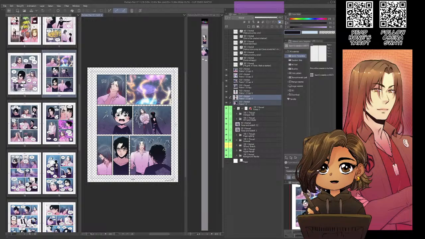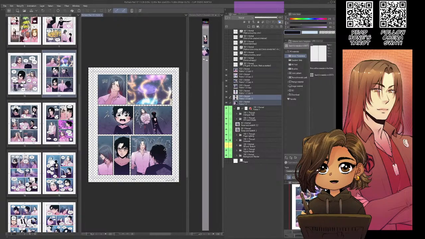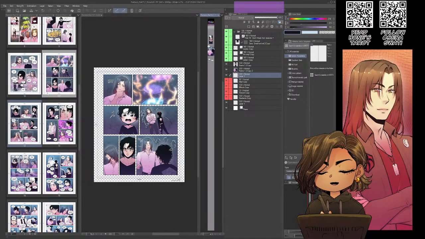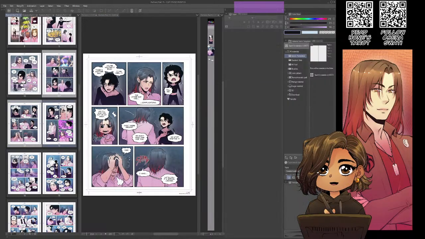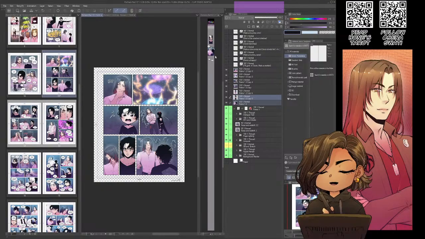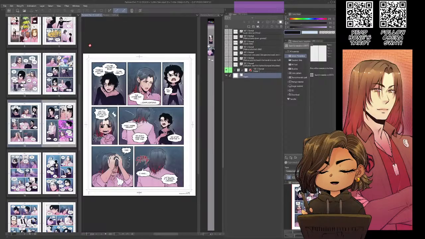I don't want this setup to get changed. Sometimes when you exit out of this page and then you open a new one and it creates a new tab, it'll change the widths and everything, so this is quite cozy. This is panel 1, 2, 3, 4, 5, 6, 7, 8, 9, 10. 2 more pages. Right, we've got those. Good. Close. Don't save. There we go, it's back to normal.